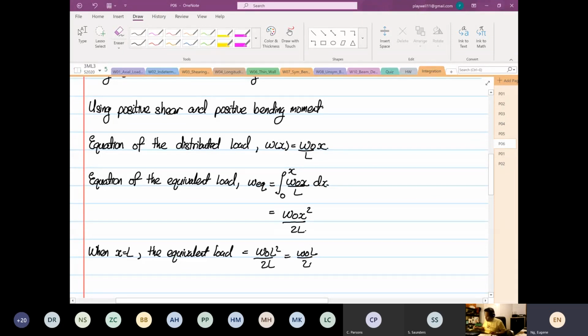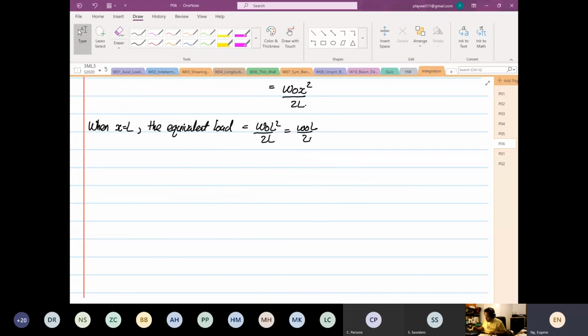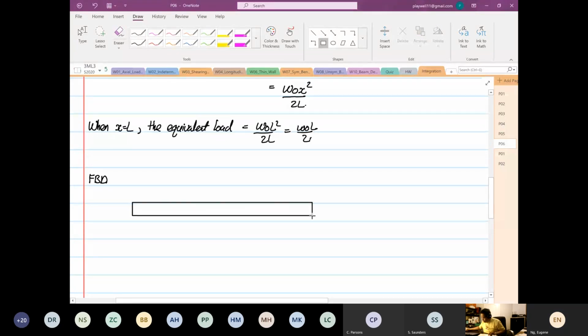From here, we have this equation now. We can construct our free body diagram. So this is our point A, our point B. We have a load coming down here, which is equal to omega naught L divided by